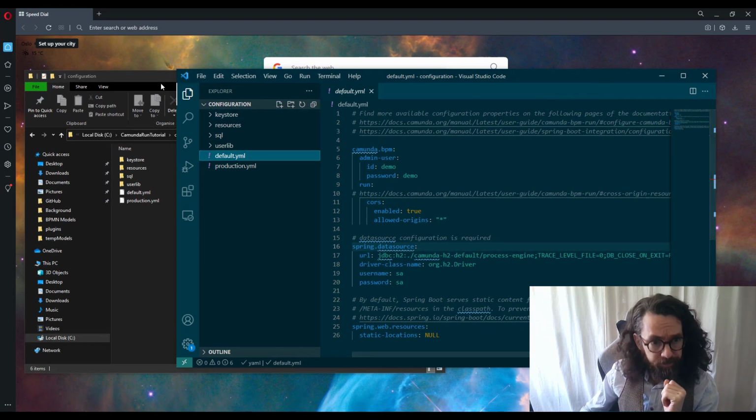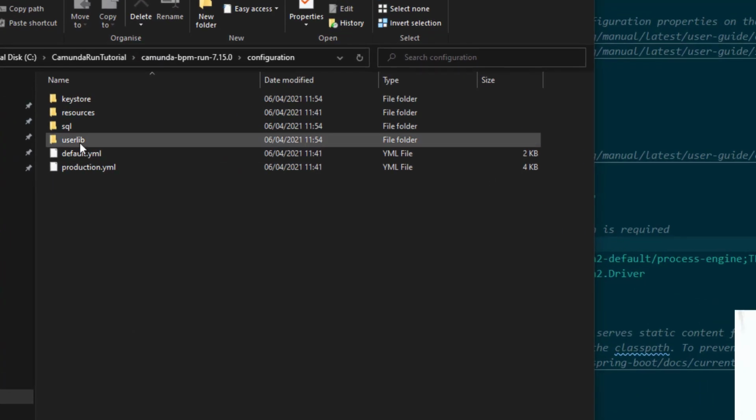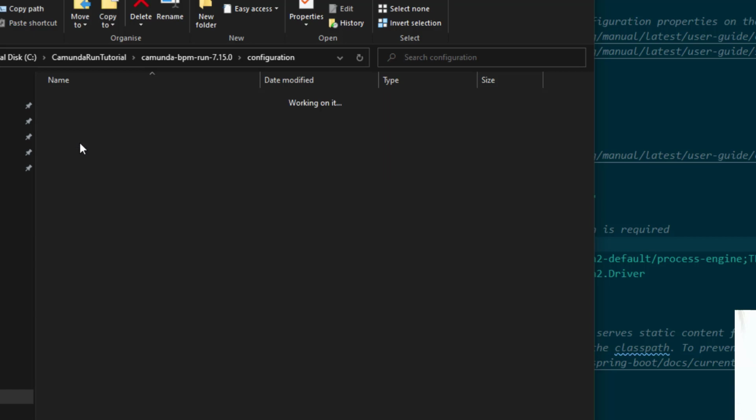Okay, so let's return back to our folder here. There's some other bits and pieces like this. The user lib folder is super useful because if you want to run some kind of custom Java within Camunda Run, you can actually add it inside this user lib folder. Right now, what we've added here is the driver for the H2 database. That's the only thing we need by default. But if you wanted to, you could add a bunch of engine plugins. Maybe you want to add some Spring Beans that you can call, that sort of thing. That can all be done by putting some Java code in the user lib folder, and then the engine will have access to it.